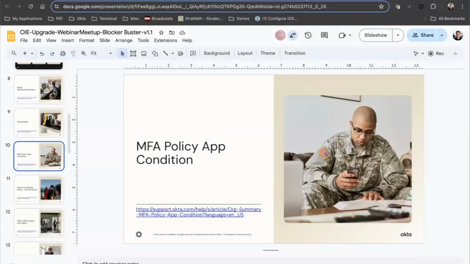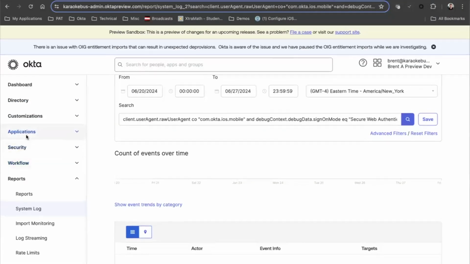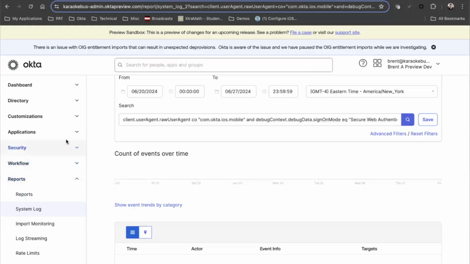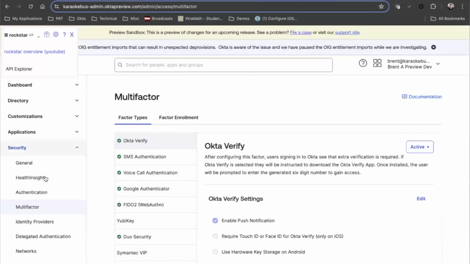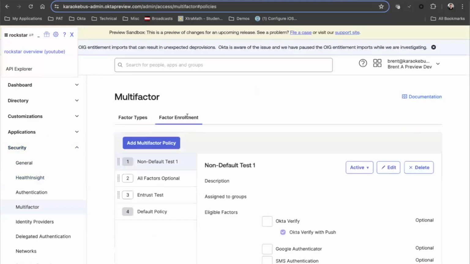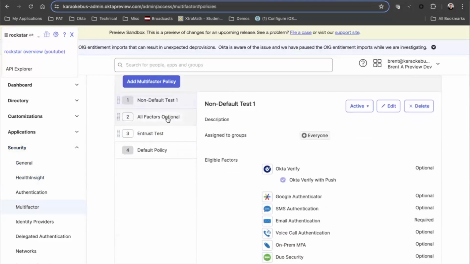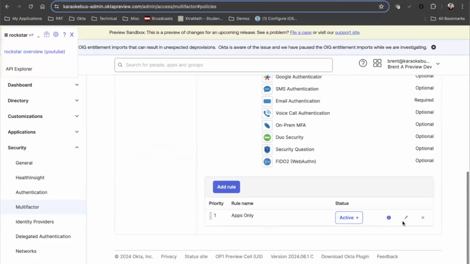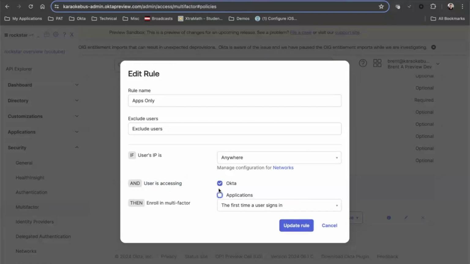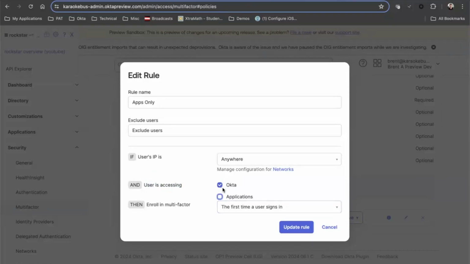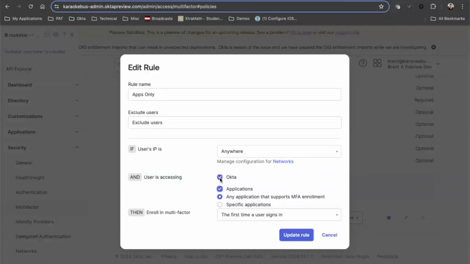So what this is talking about is if you look at your multi-factor enrollment policy, so under security, multi-factor, and factor enrollment, somewhere you have at least one rule where you have under this section for users accessing, and you have either Okta or applications or both selected. Somewhere you've got a rule, or maybe more than one rule, where you've got one selected or the other selected,